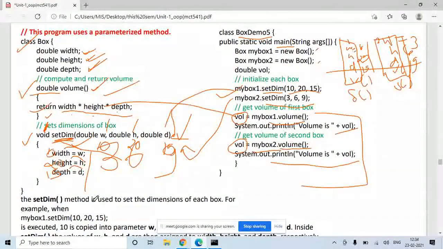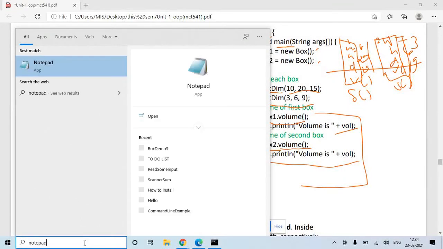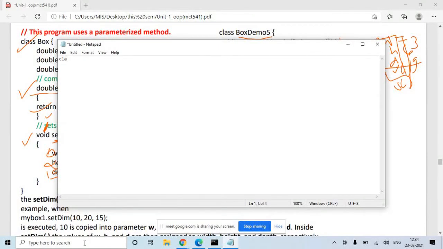Let's say if you want to calculate the addition of two numbers, how will your class look like? Let's say we open a notepad. You want to perform an addition, so let's say you write a class addition. In the class addition, let's say you have two integer variables, int i comma j.